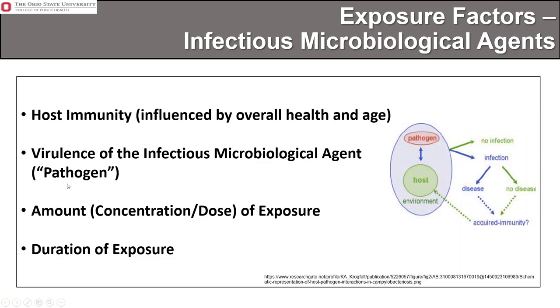Bacteria can proliferate, fungi can proliferate, whether it's the gastrointestinal system, the respiratory system, the dermal system for that matter. Chemicals don't proliferate. Radiation does not proliferate. So that is another component. So the concentration of external exposure can actually change if there's a proliferation and colonization of the organisms involved.